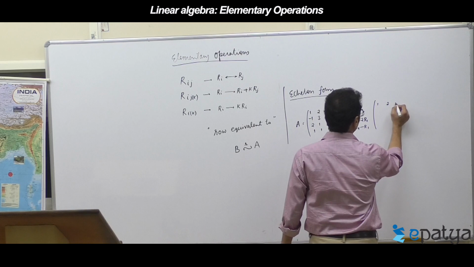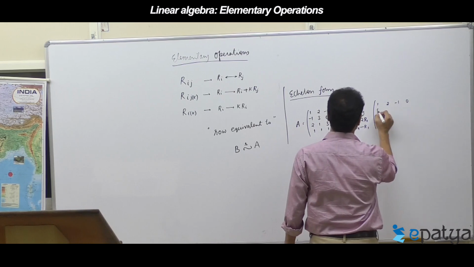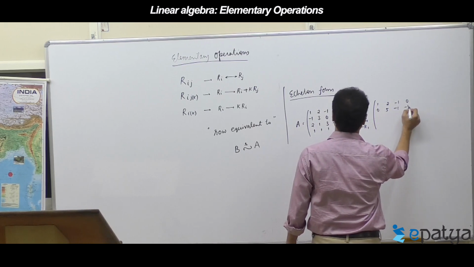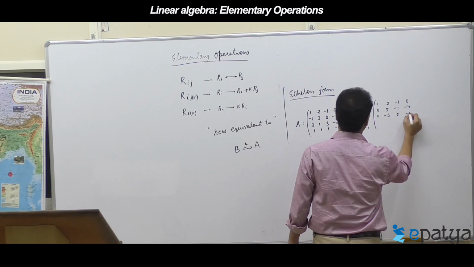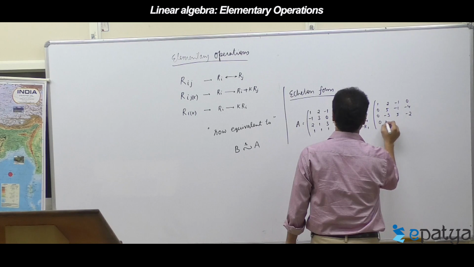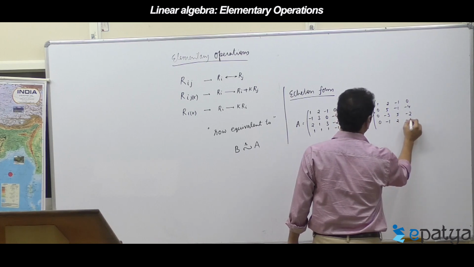Anyway, 1, 2, minus 1, 0, addition, minus 1, minus 4, minus 2 times, and then minus 1 times 2 minus